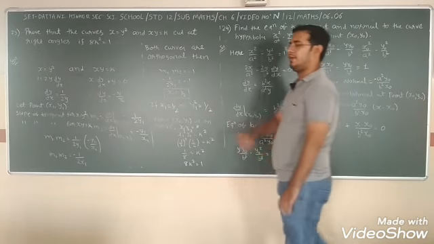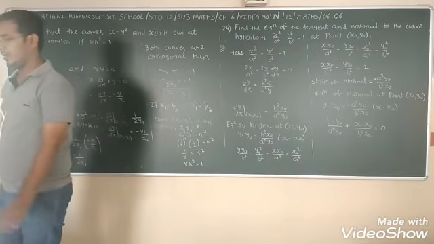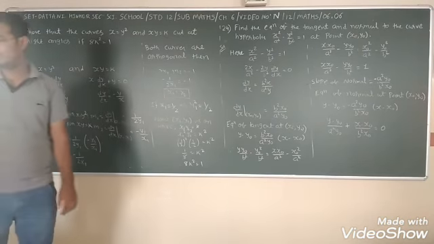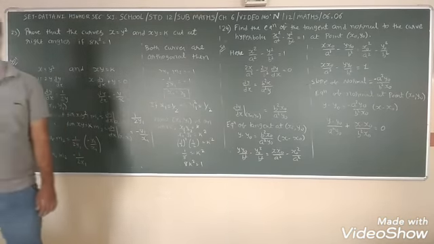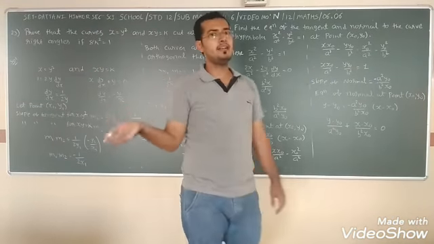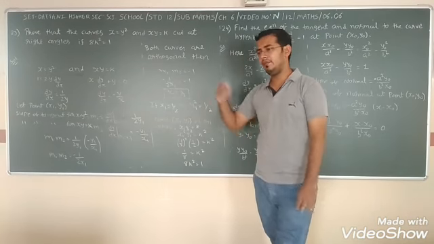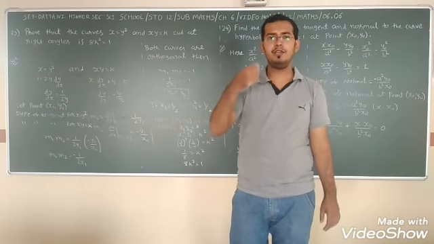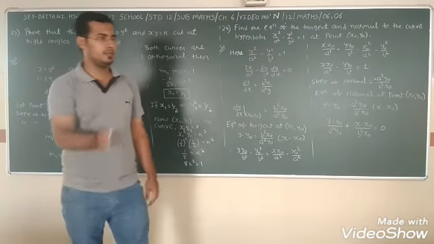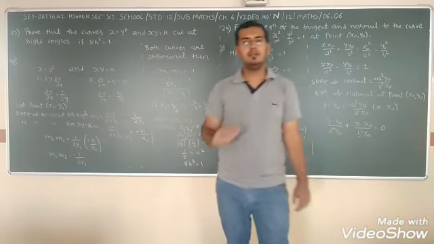Sum number 25, you have to perform at your home. The curve is given, y = √(3x - 2), and one of the lines is also given. So here what to do? Take the derivative of the curve, then compare with the line y = mx + 3, so you get m, and compare it and you get the points. Then after that you can find the equation. The exercise is completed here. If you have any doubt, you can ask me. Thank you.